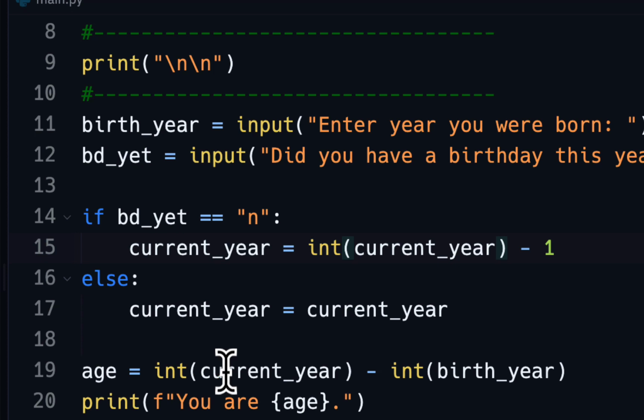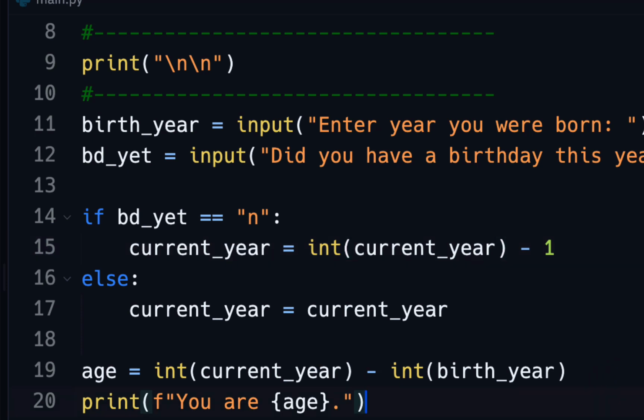And we'll leave this current year as an int as well, just in case it uses this one. So in case it's yes, it'll use that. But this should create it. Well, either way, we still have to do math here. So this will do the math here, and it'll subtract it. 2023, it'll make it 2022, and then it'll be 2022 minus 1967, or whatever your birthday is, and come up